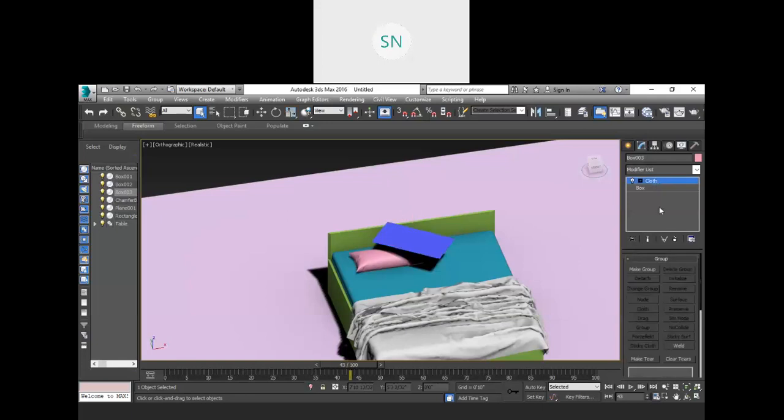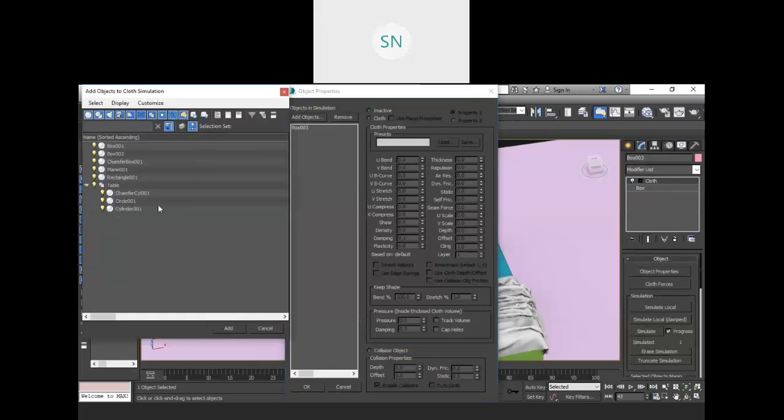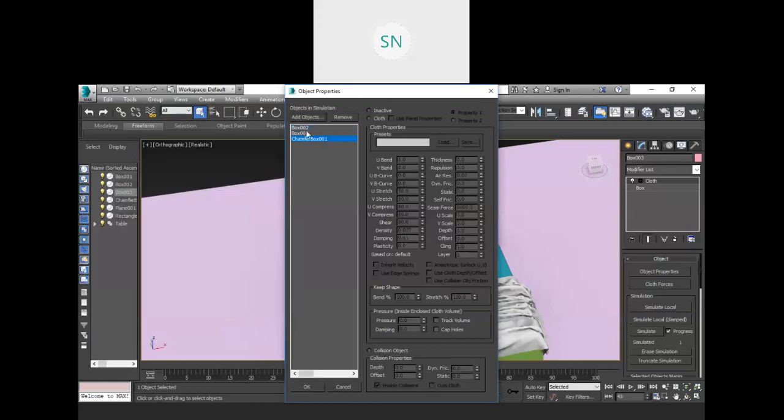Go to the cloth, object property, add object first, box number 2 which is our pillow, and chamfered box which is our bed sheet, and both should be collision now, and this rectangle 3 box 3 is cloth